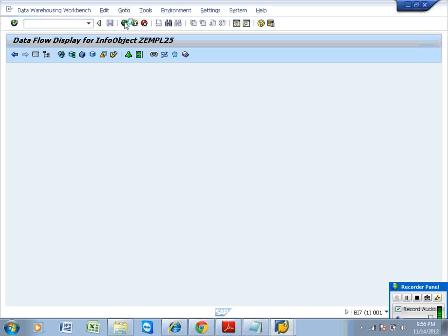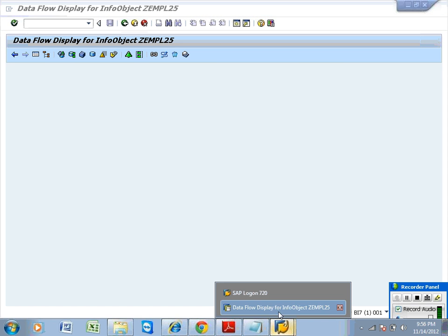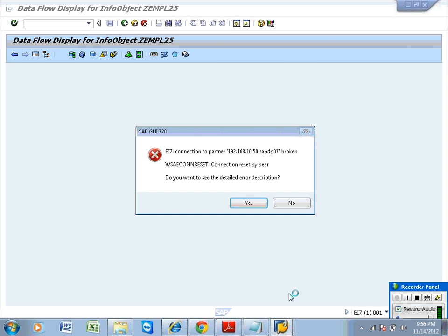This is your PSA table, generated by the system whenever you select the transfer method as PSA. And this information you can see in a table called ST11. A table called ST11. Okay, let me go back.